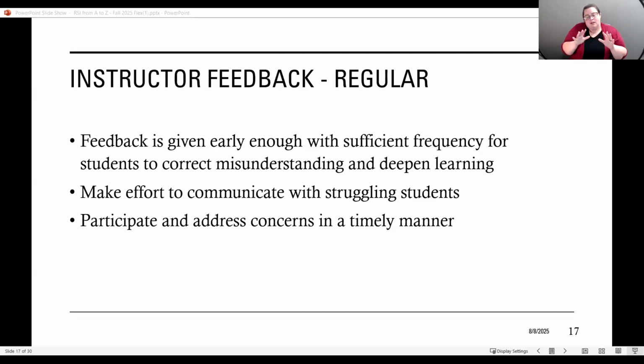But when you see that a student is struggling, or having problems, something happened on their last assignment, or they just disappeared, reaching out to them as soon as you possibly can is a really good way to do these RSI practices and make the students feel that they are valued. Many studies show that it increases student success.